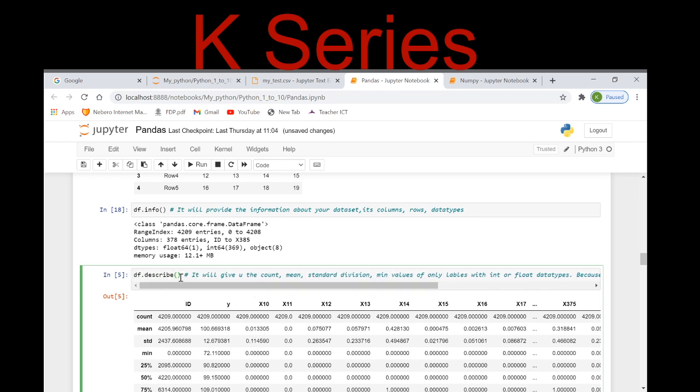Always remember, if we have a data frame wherein I have categories, objects, and also int and float values, and we perform df.describe, it will give count, mean, standard deviation, min, median only of labels which have int and float data types, right? Not of categories. Is it clear?